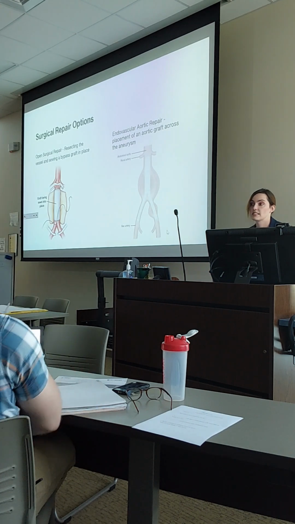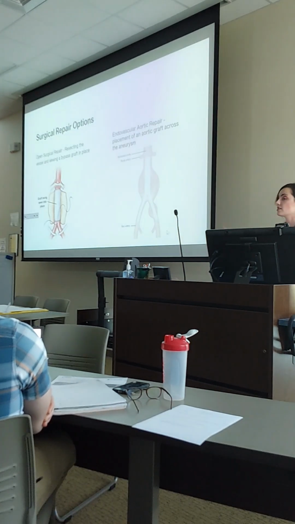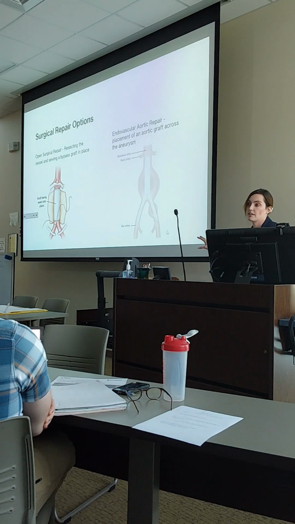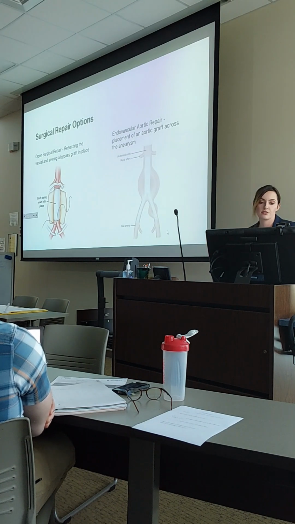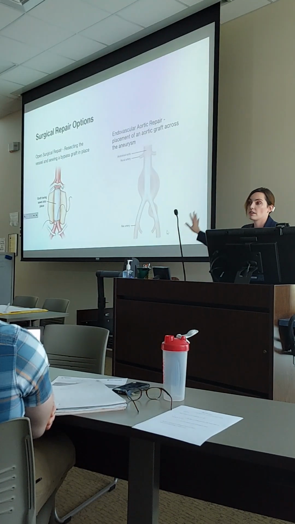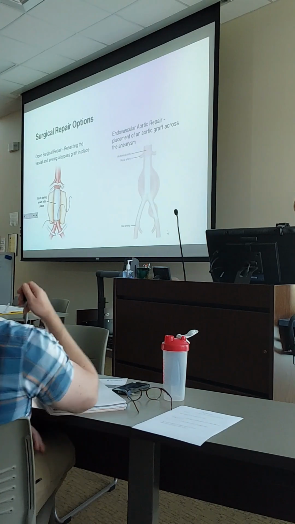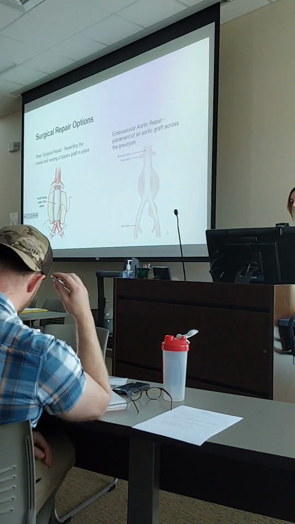Just to make sure, are these only done on major veins and arteries? This specifically is talking about the aortic artery. Right. So there are things that they can do. They can do repairs for other arteries in the body, absolutely. But these specifically are talking about aortic aneurysm repairs or rupture. I guess because you can have a rupture anywhere in your body because we have arteries everywhere. Sure. But like,